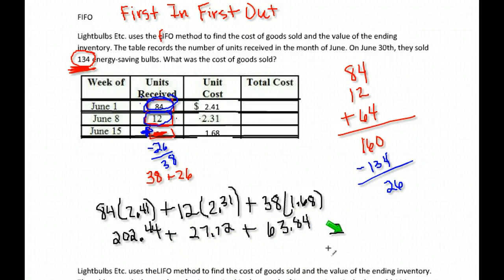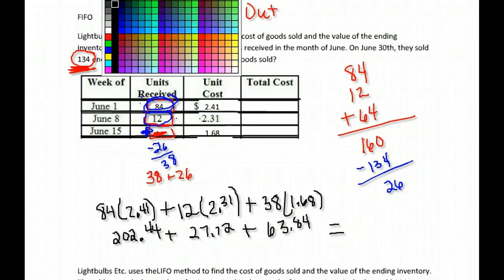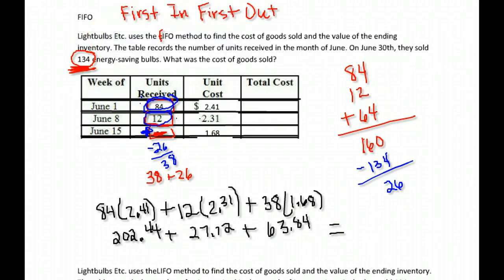So let's add all of those together. We're going to total up the things that we've actually sold. So we're going to add $202.44, $27.72, and $63.84. We get a total of